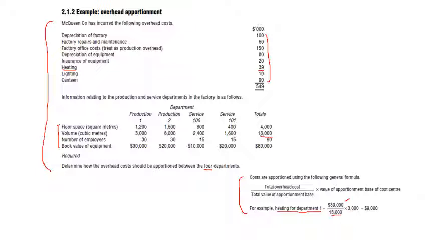So your heating is distributed according to the volume. So 39,000 divided by 13,000. This will give you the rate. So if you get a rate,